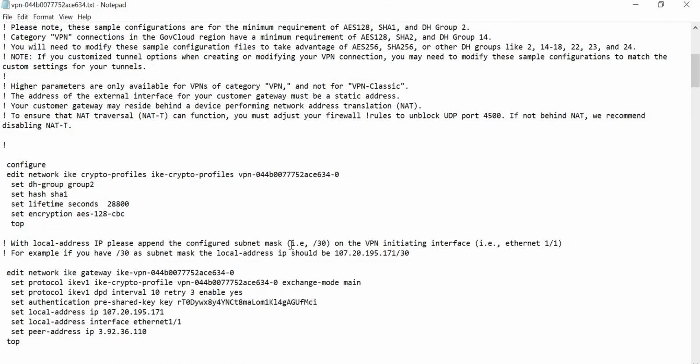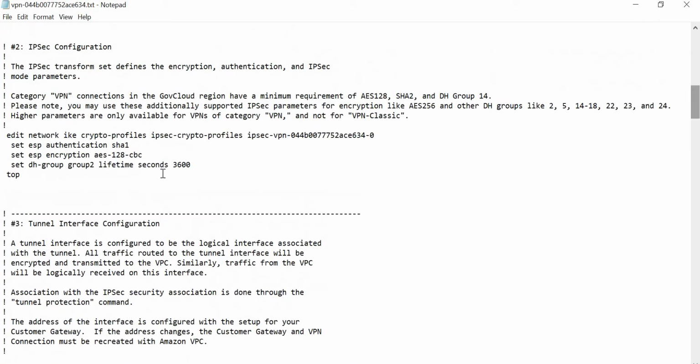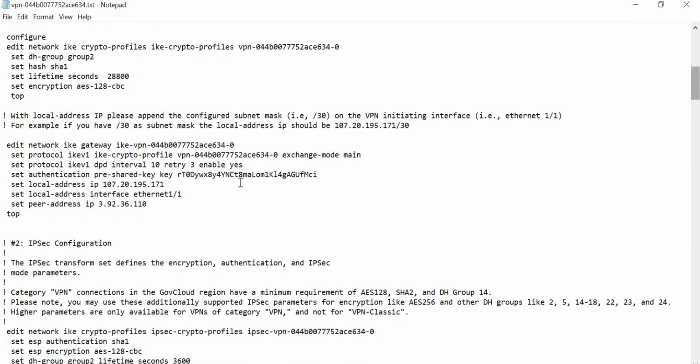Okay, in this you can see, in this file if you scroll down, here are the IKE crypto configurations, what DH group, authentication, encryption, and lifetime settings you have to configure. It is being given here. Same way for IPsec crypto, the details are here. Okay. Then you have the peer IP and pre-shared key here.